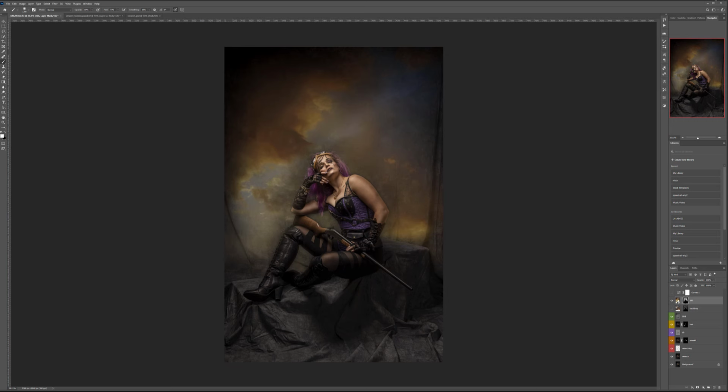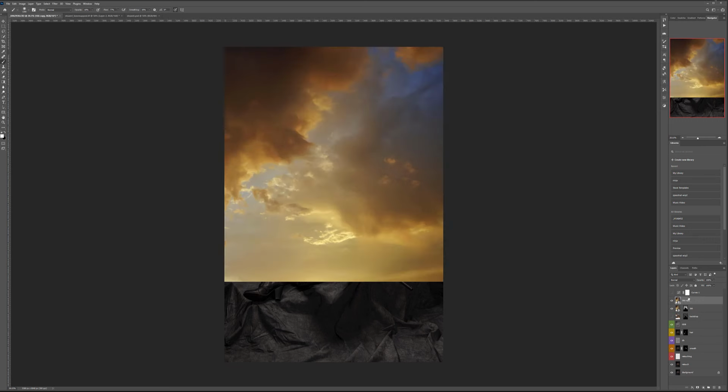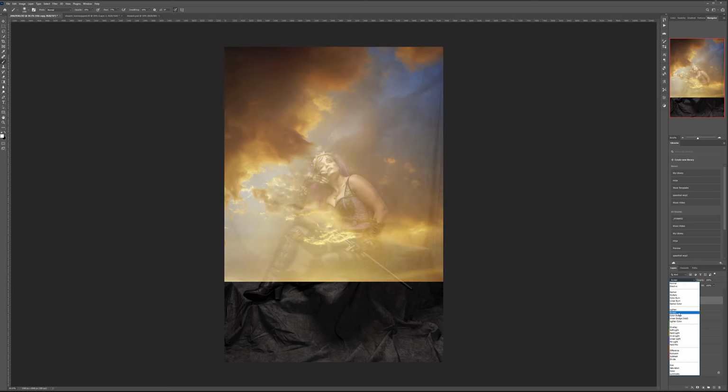You can always actually take a layer. Well, let's remove the, oops. Just remove this one, and we can switch to, for example, the screen mode,